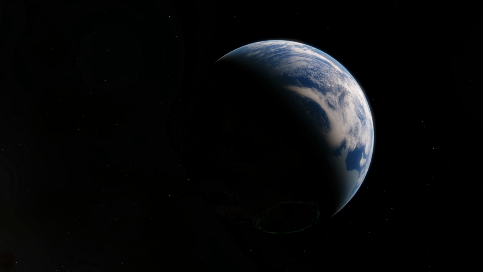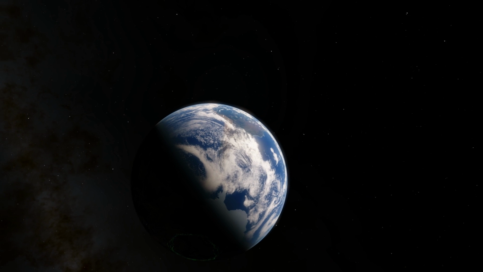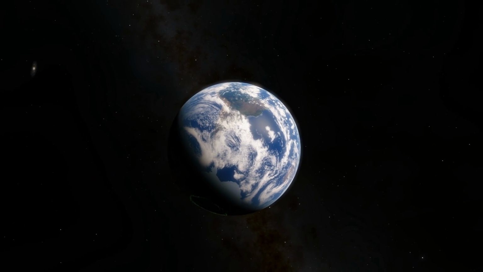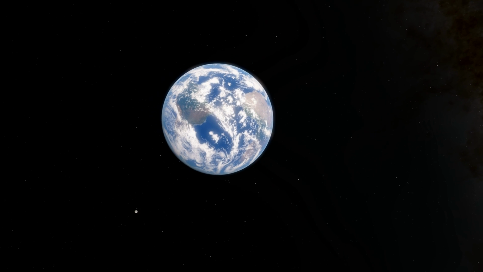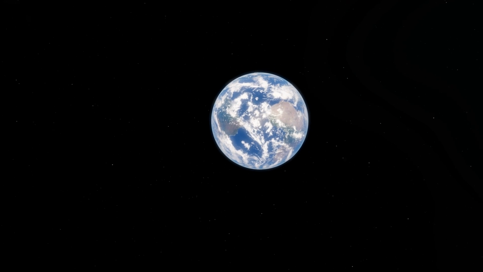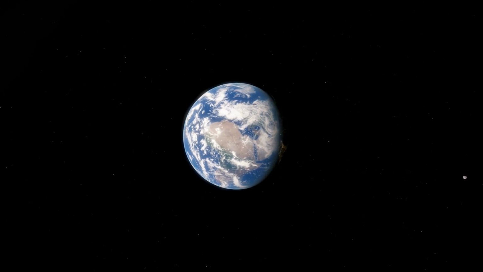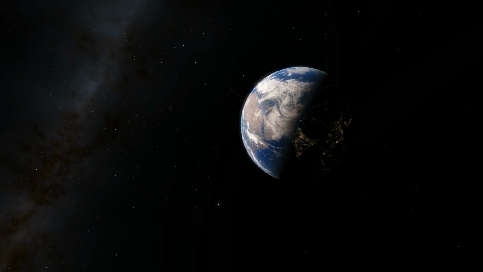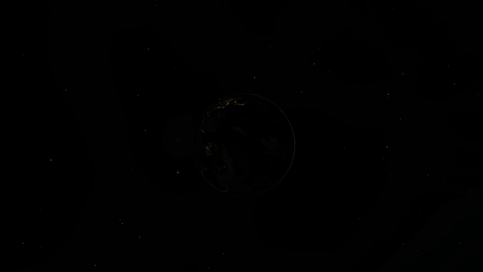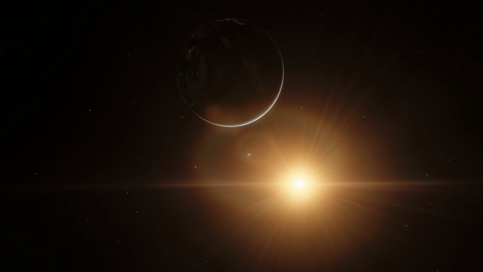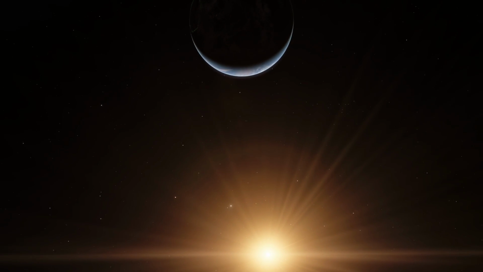So I want to do the exact same thing right now and just sort of take you along with one of my mental journeys through this, and hopefully keep it an abridged version. So this should look familiar. This is Earth, obviously. Earth at night on one side, Earth daytime on the other side, because that is the side that faces the sun. It's really neat stuff, if you ask me.